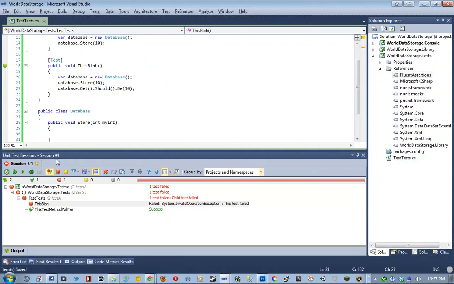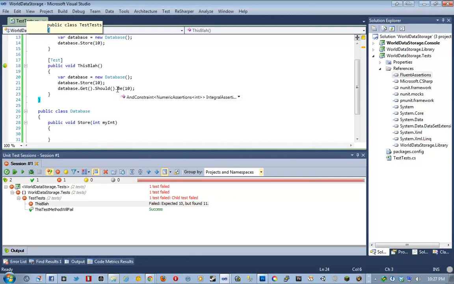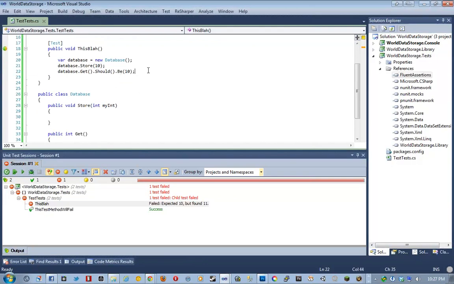So I can go ahead and run this again, and we'll see we have an error. Expected 10, but found 11. And Fluent Assertions has a bunch of awesome stuff that we won't necessarily go into immediately. But it's also interesting because it allows you to assert on things like